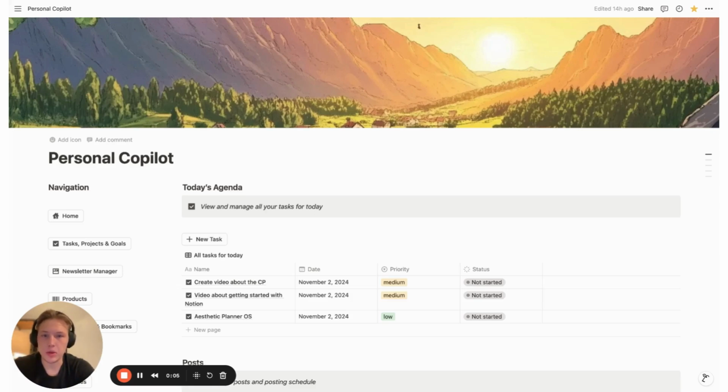In this video I want to show you how I use Notion as a content creator. And this Notion system that I use is based on the Creators Copilot Notion system that you can get at